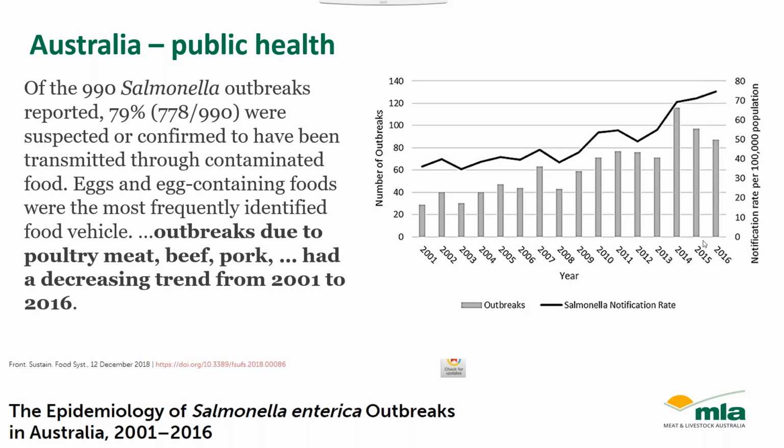So on the right-hand side, you can see the grey bars showing you how many outbreaks got reported each year, and the black line is how many Salmonella were notified. And you can see that trend, both outbreaks and number of cases, number of people getting ill, has been going up for the last 20 years. But fortunately, we don't seem to be part of that problem. And the government has a foodborne disease reduction strategy running at the moment, and they're concentrating on Salmonella in eggs and poultry. So the good work that you all do has led to us being off the hook on this